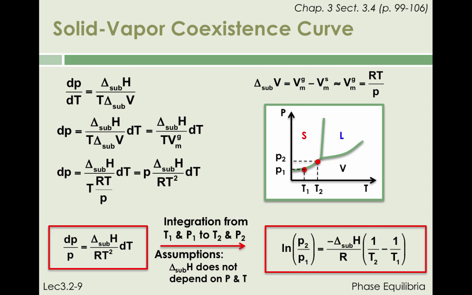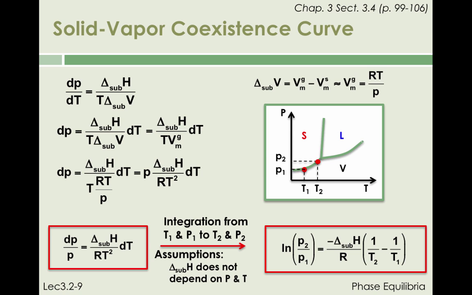We now consider the solid-vapor phase equilibrium. Delta H and delta V are the standard sublimation enthalpy and the change in molar volume upon sublimation, respectively. The derivation on this slide follows literally the one we just carried out for the vaporization process. We assumed the molar volume of the vapor to be much larger than that of the solid, and using the ideal gas law, we express Vm vapor in terms of temperature and pressure, and obtain, after rearrangement, dP over P